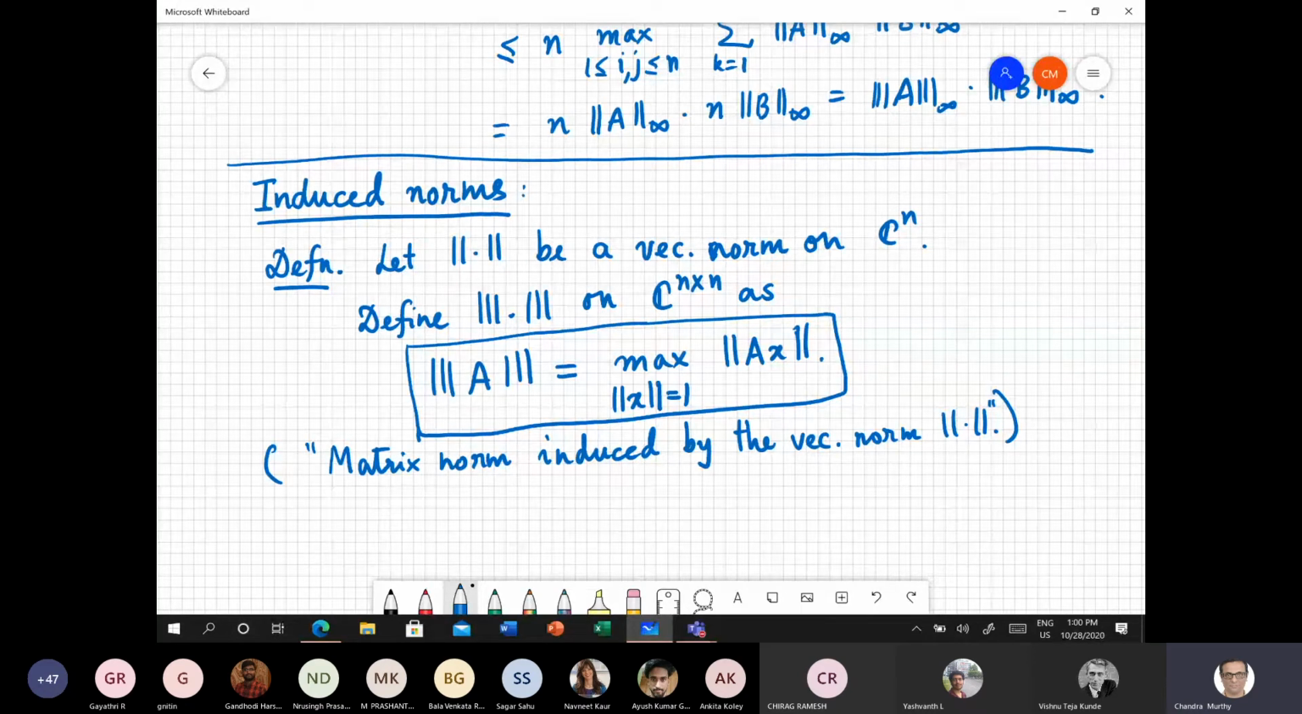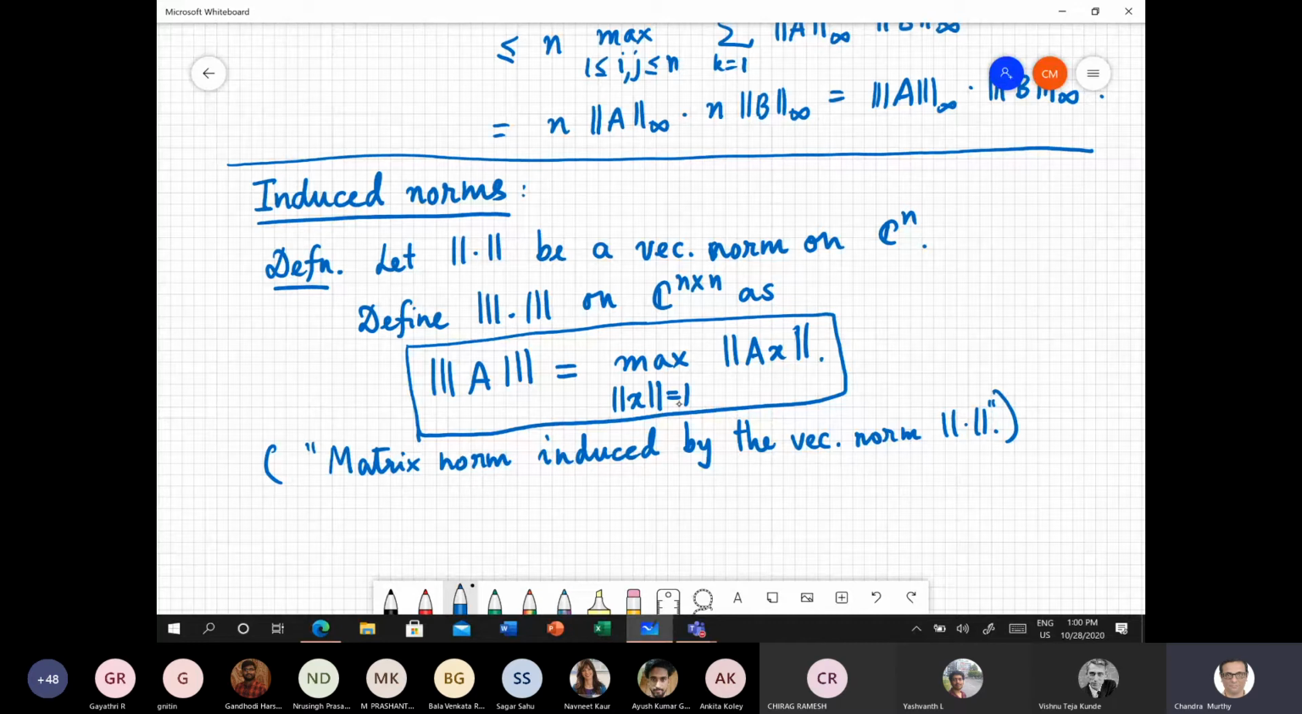Okay, so one thing you can immediately note is that if I scale x by some constant c, then the norm of Ax scales by the constant c, and the norm of x also scales by the same constant c. Another thing is that I'm trying to maximize this norm of Ax over all x such that norm of x equals 1. I can as well maximize this over all x such that norm of x is less than or equal to 1, because